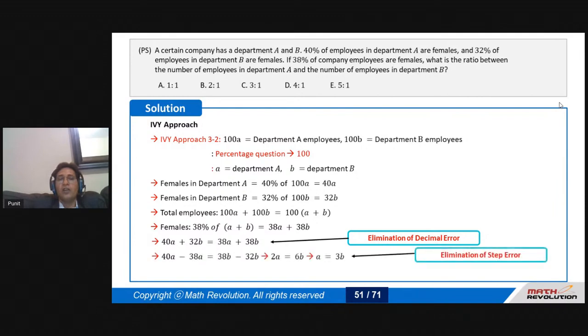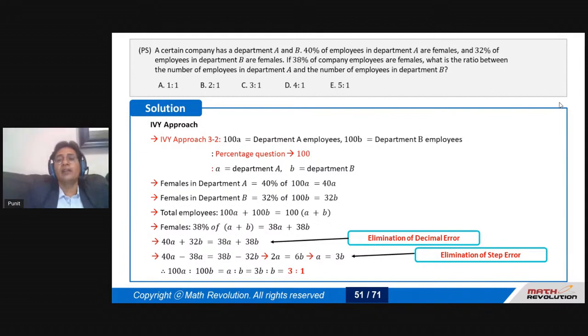Just rearrange it in terms of A and B. A equals 3B. You already got the ratio of 3 is to 1. So that is it. This is how you eliminate the decimal and the step error if you go ahead with the IV approach,